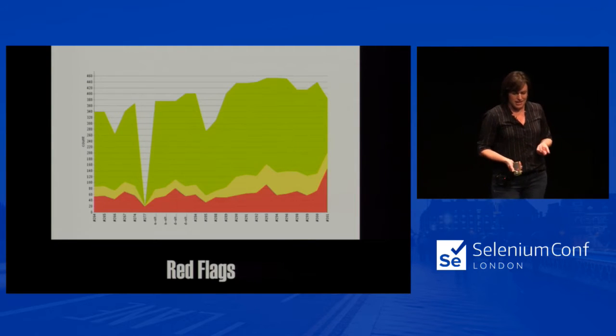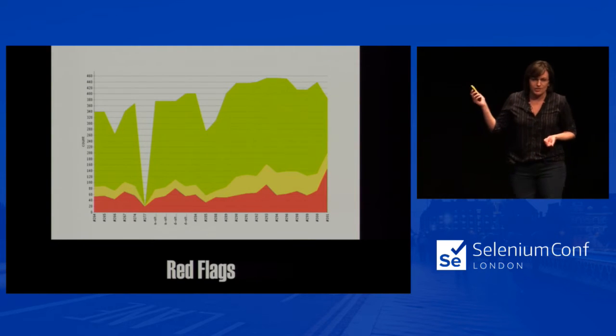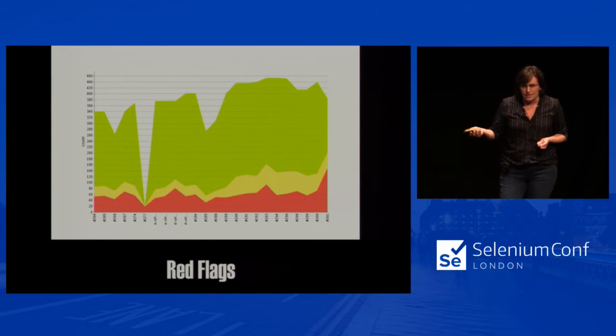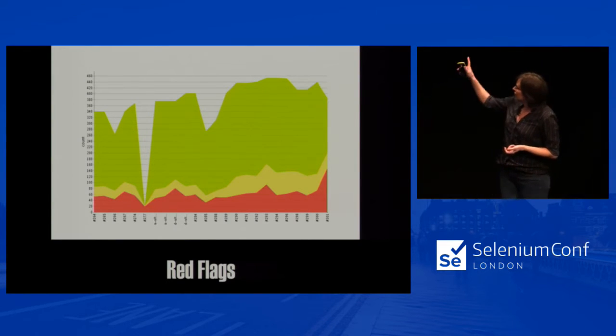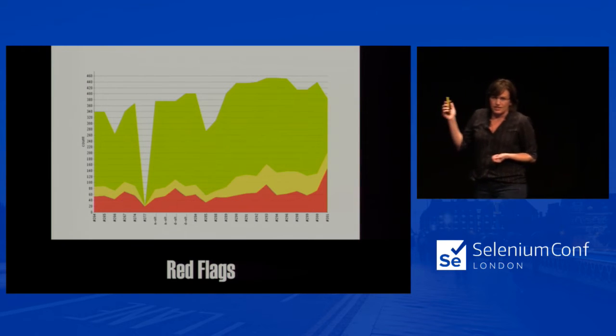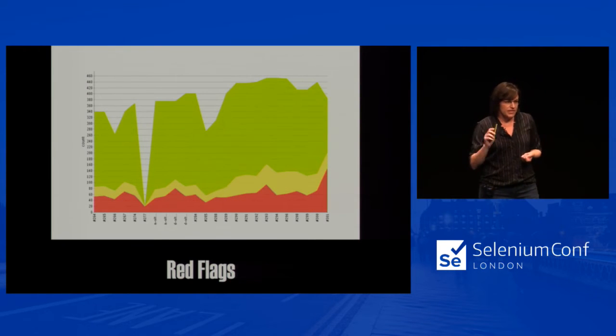And our next one, probably some of you are familiar with this type of graph from Jenkins. This is a graph from our automated testing. I don't know if you can see it clearly here, but the top ones are green. Those are the ones passing. The yellow ones, which are getting larger and larger, are the tests that are being ignored because they're failing. And the bottom ones are failing. So here we see a really inconsistent graph. These tests are completely unreliable.